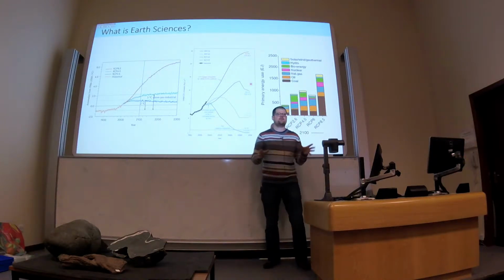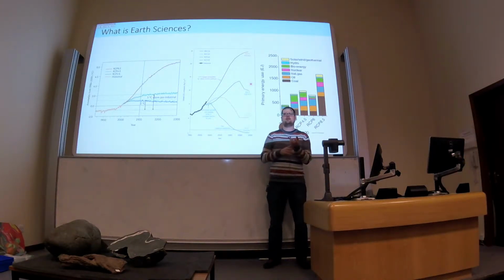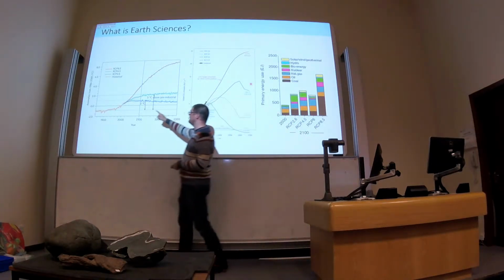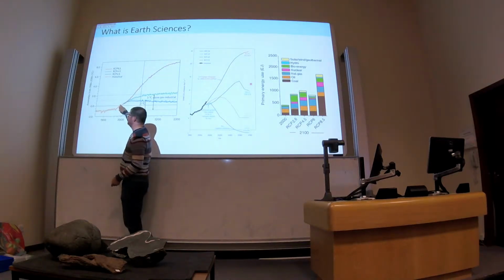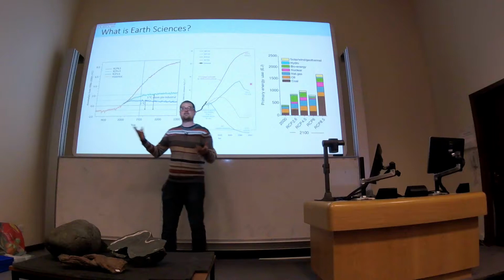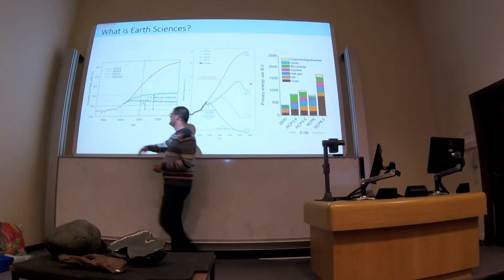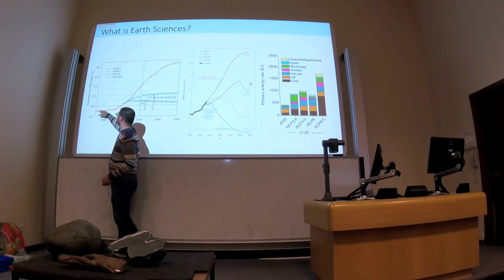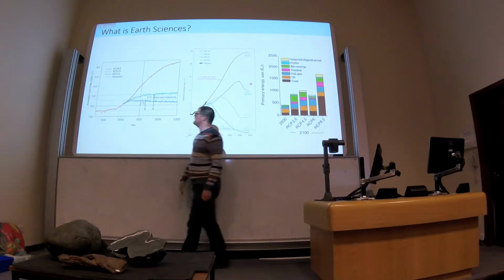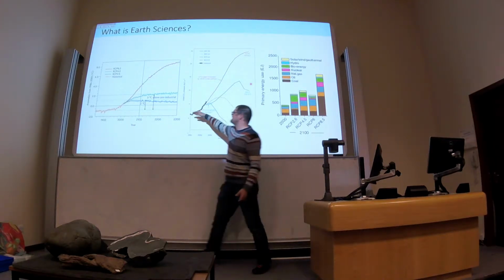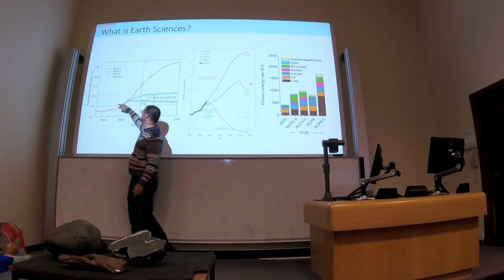Some of you might have heard of this 2-degree temperature target that we want to stay below. Just to point out, the 0 on this axis is arbitrarily pinned somewhere around 1990, and the actual 0 for the 2-degree target is the pre-industrial value. So 2 degrees warming is actually here, at about 1.5 degrees on this axis.